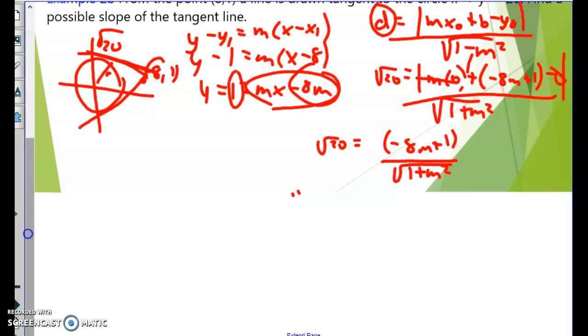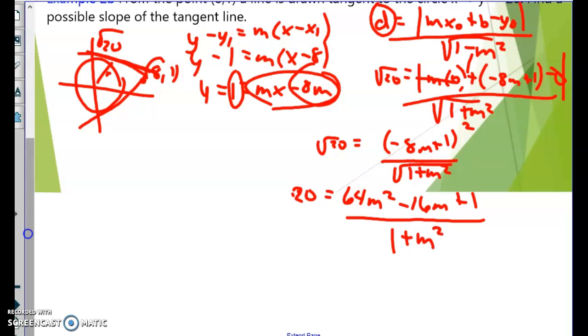plus m squared. Well, to make my life easier here, I'm going to square the whole world, and so I'm going to get 20 equals, let me FOIL this out because it's going to be that thing squared, 64m squared minus 16m plus 1, all over, squaring the bottom gives me this 1 plus m squared. Let's multiply, so I get 20 plus 20m squared equals 64m squared minus 16m plus 1. Putting some like terms together, I get 0 equals,